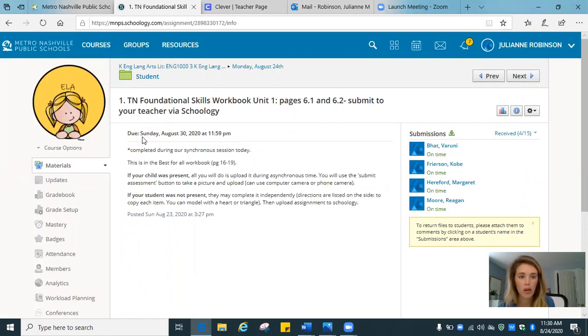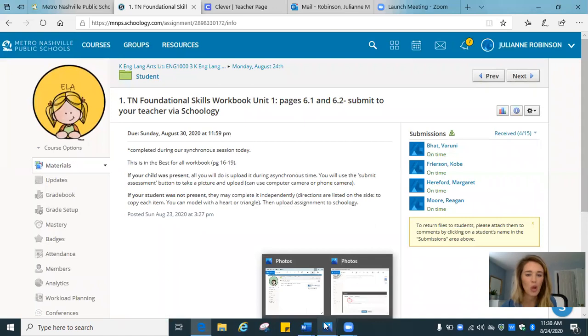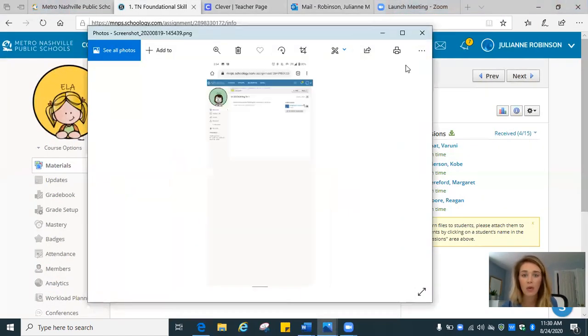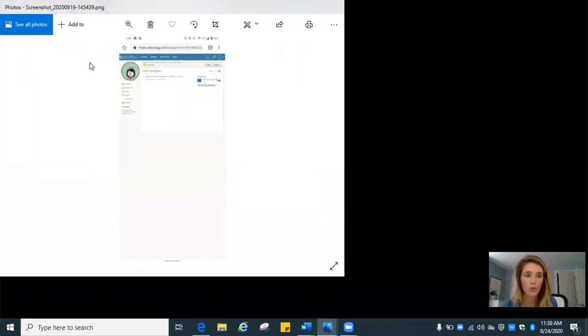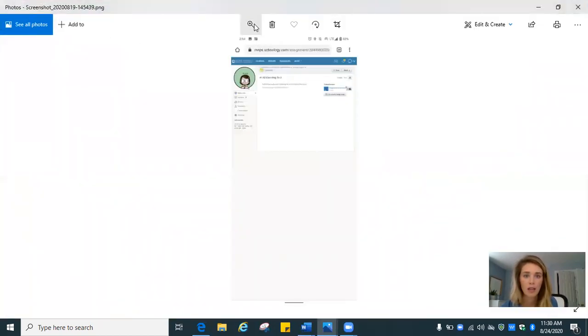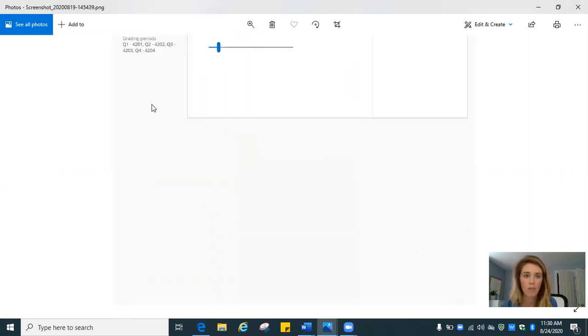Also, you can note right here that I gave you until Sunday at 11:59 to turn it in, which doesn't mean you can't turn it in earlier. But again, I cannot see what students can see, so I had someone send me a screenshot and I tried to show them at open house and they were super small. So I have them pulled up bigger now, and I wanted to show you what it looks like on the students' end so that you can help them